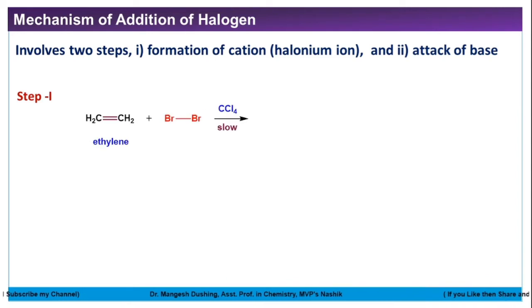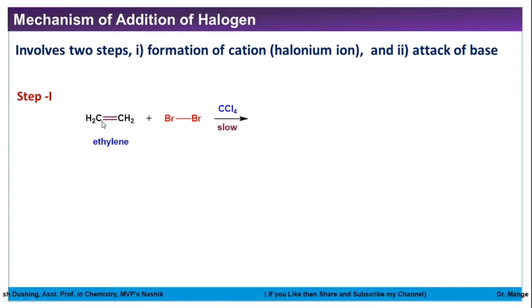In this case, suppose for example this is ethylene as the alkene, and this is Br2 with CCl4 as a solvent. See here, Br2 is a diatomic molecule. Both are like atoms, so there is no electronegativity difference. This is a non-polar molecule. But for a fraction of a second, this bond becomes polar because electrons migrate from here and there. So for a fraction of a second, this molecule becomes polar. One of the Br becomes electron deficient, while the second Br becomes electron rich.